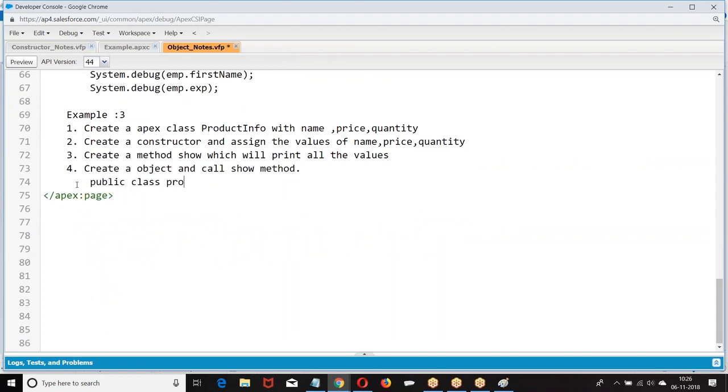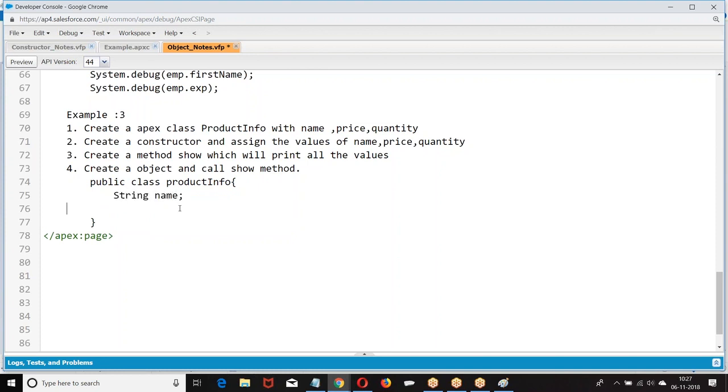Public class. Now, tell me, why did you give public for a name? If you want to use it outside the class. Now, look at this example. Am I printing outside the class? No. I told you to print the data using the show method.